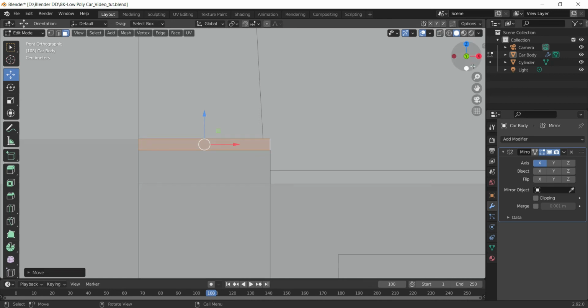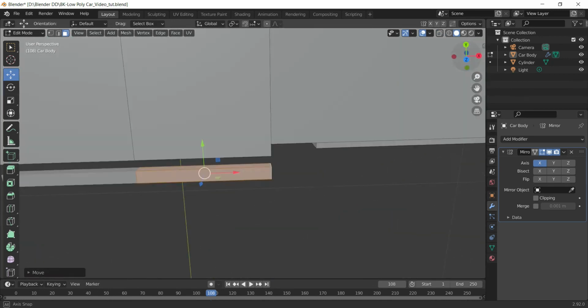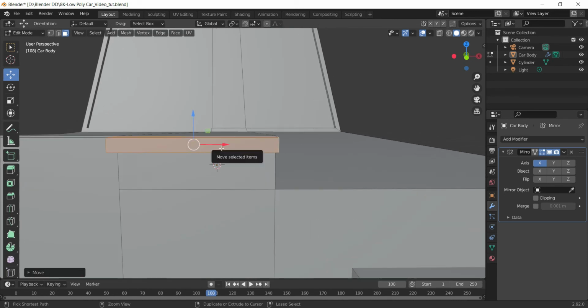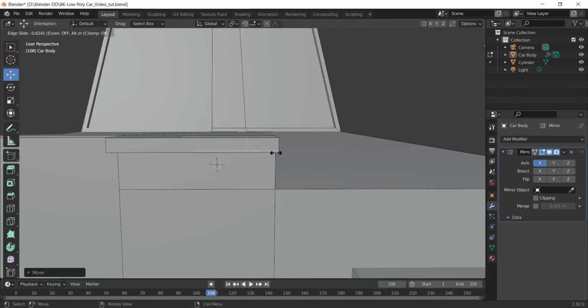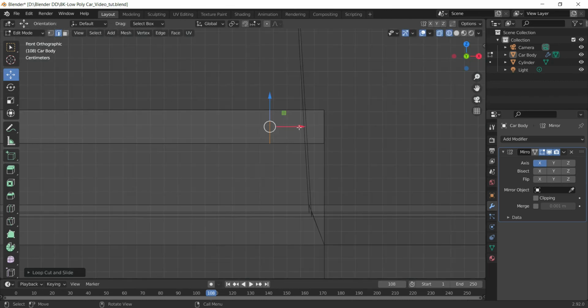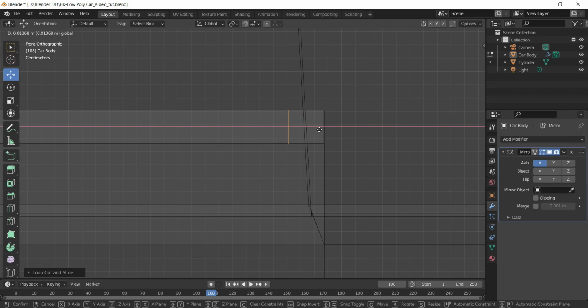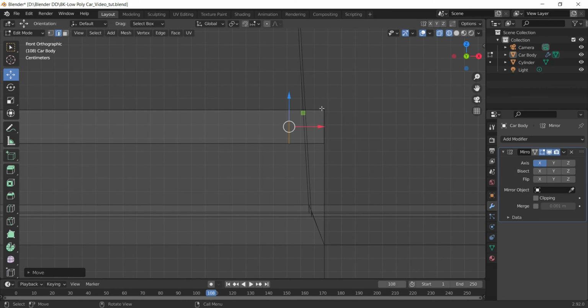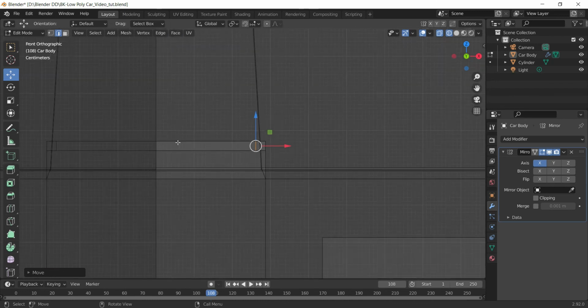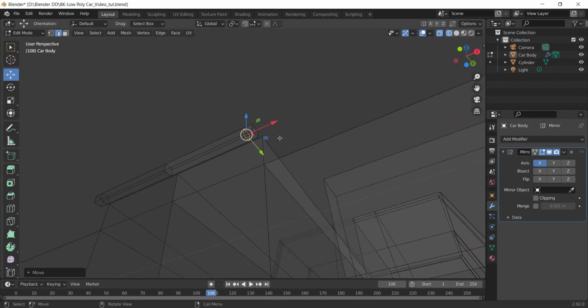Come to the solid view, and now this looks about right. Now here I will add a loop, so I'll use Control R and come to the front orthographic, and I will keep it on the right side just about where I'll see I have a square shaped gap. This is just to keep the uniformity, so that we are following the same kind of thickness for the grill as well. That's why I'm doing so.